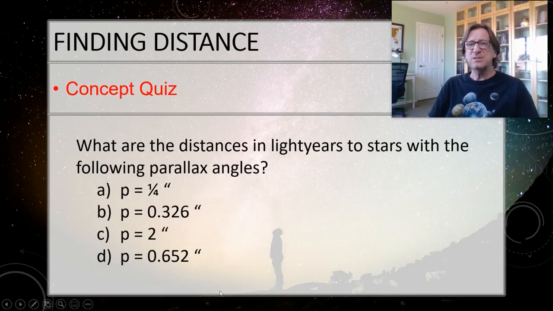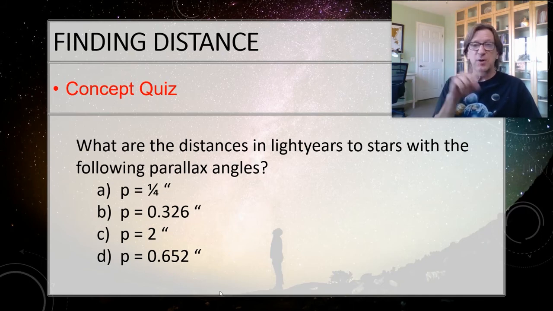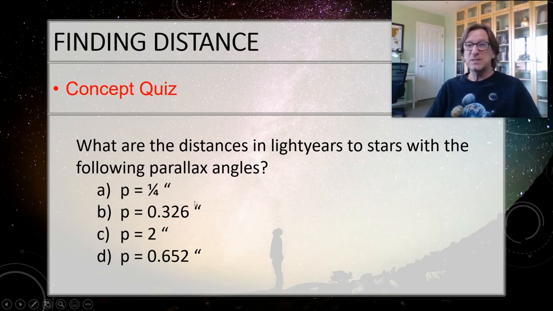All right, let's do a little concept quiz here. What I want you to do is pause the video, pull out your calculators, and let's see if you can calculate the distance in light years to each of these stars. Look very carefully. Do you see this as light years? This is where a lot of students mess up in the lab and in the assessment. Read what Smart Sparrow is asking for. If it asks for it in parsecs, give the answer in parsecs. If it asks for it in light years, you better multiply by 3.26 so that you give it the right answer, because for example, 6.52 is not the same number as 2, and vice versa. All right, so pause the video, see if you can work out what each one of these are, and then let's come back and let's check your work.